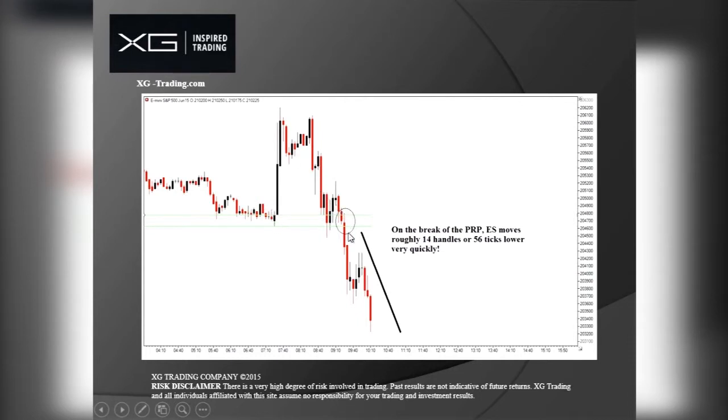When the market goes back down through that pre-release price right here, the people that were getting long on the release are now bailing out of their positions. So their sell stops are hitting the market. On top of that, other traders see what's going on with the reversal, so they're getting on board too. They're selling it, and it accelerates the reversal as it goes lower. And you can see in this case, very quickly, once the S&P broke through that pre-release price, it moved about 14 handles or 56 ticks lower very fast.